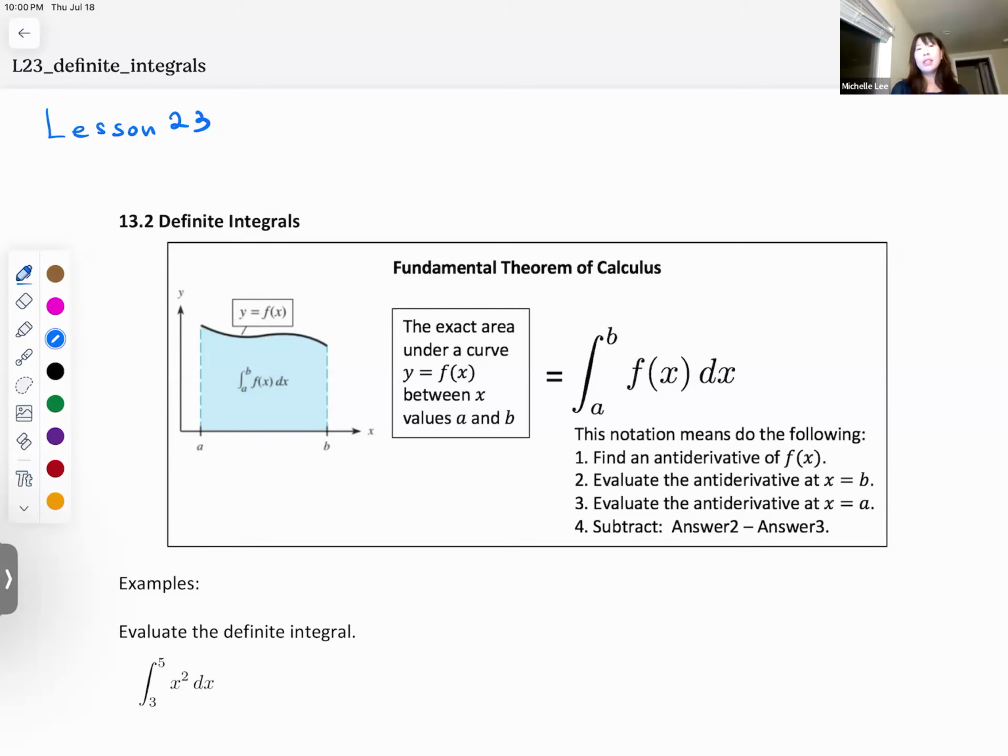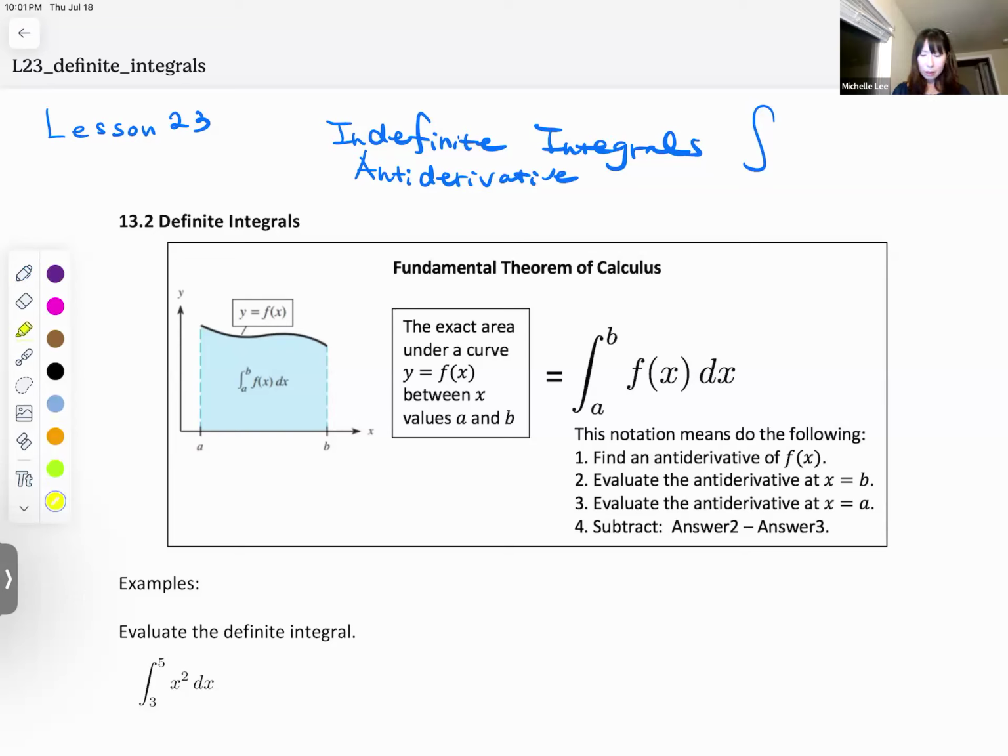Okay, so this lesson is about definite integrals. Before, we learned about indefinite integrals, which means that we have just the antiderivative. And then we had the integral notation, so we don't have anything here, right? And then we want to know about